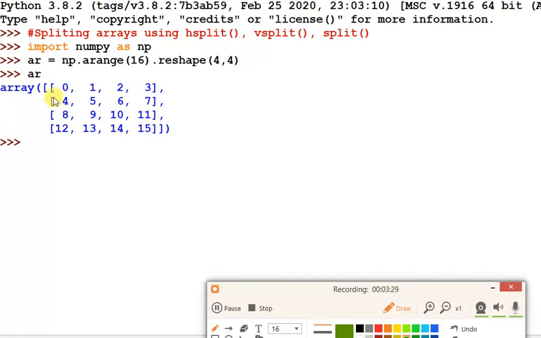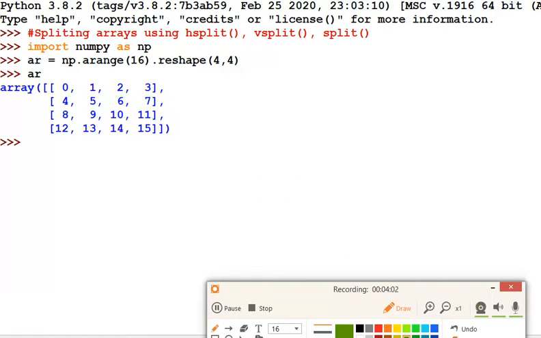This is the vertical subset. Suppose you want to extract this row, this is the vertical subset because this axis is the vertical axis and you want to break this vertical axis. So axis 0 is the vertical axis and axis 1 is the horizontal axis. hsplit breaks into columns, and when vsplit applies, it breaks into rows.